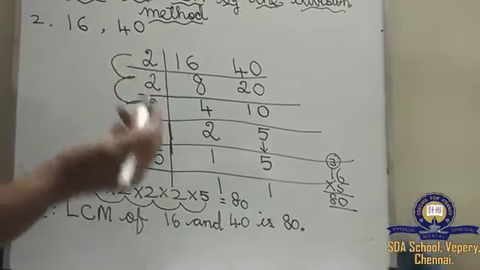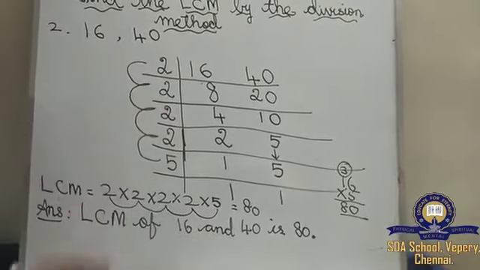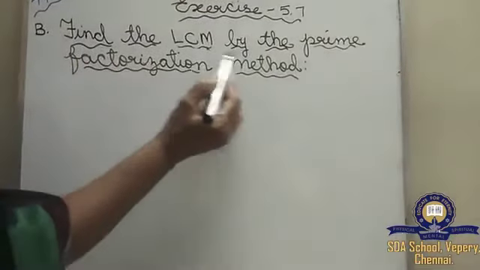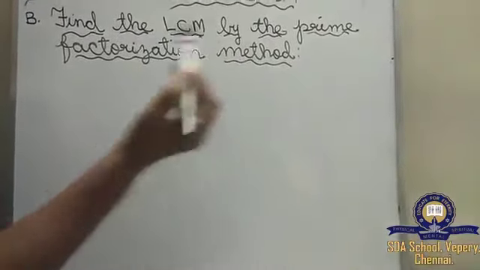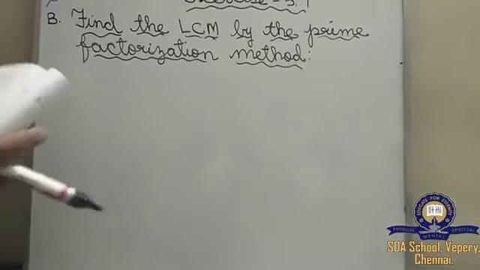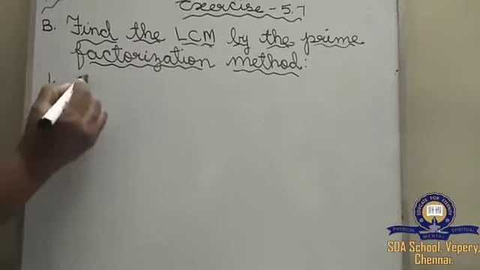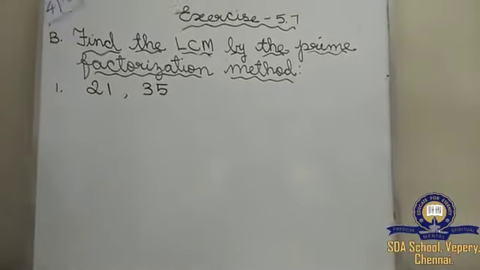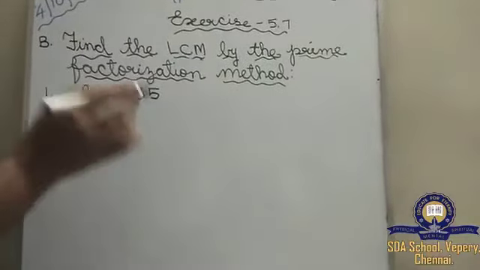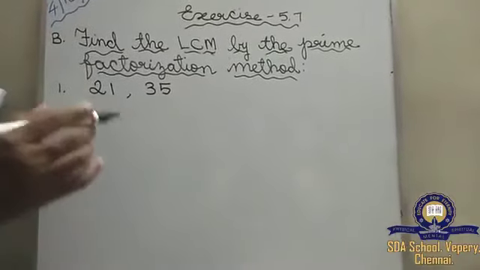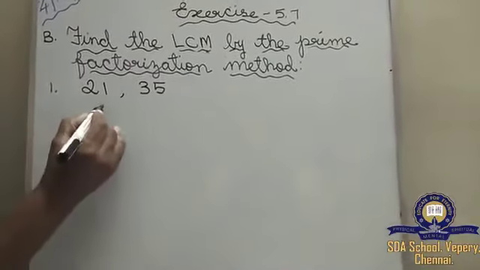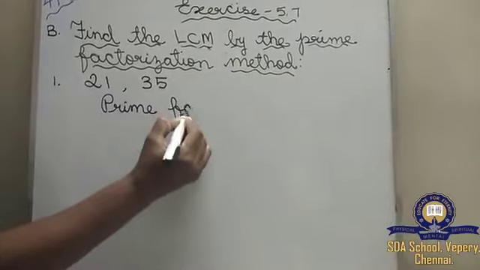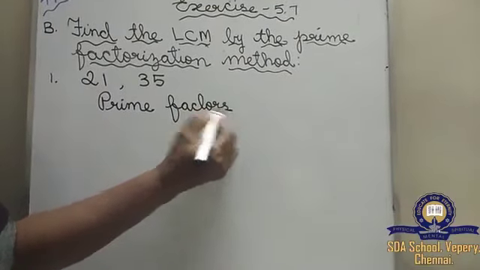Okay. Now we'll see the LCM by the factorization method. Okay children, now we'll see how to find the LCM by the prime factorization method. So the first sum we'll see is 21 and 35. In this also you have to use only what children? Prime numbers. You have to use only the prime numbers. So first you have to see prime factors of